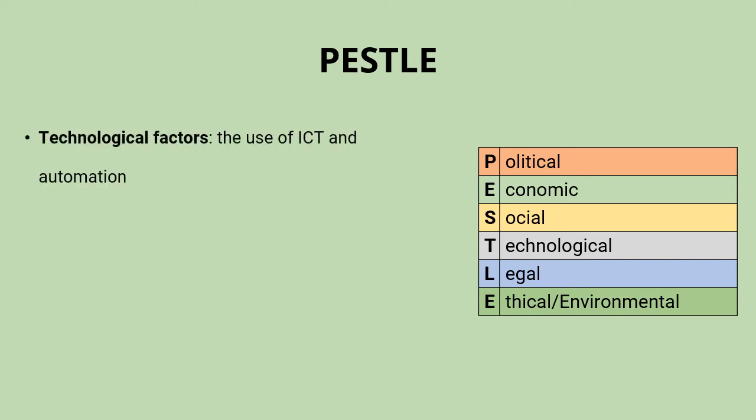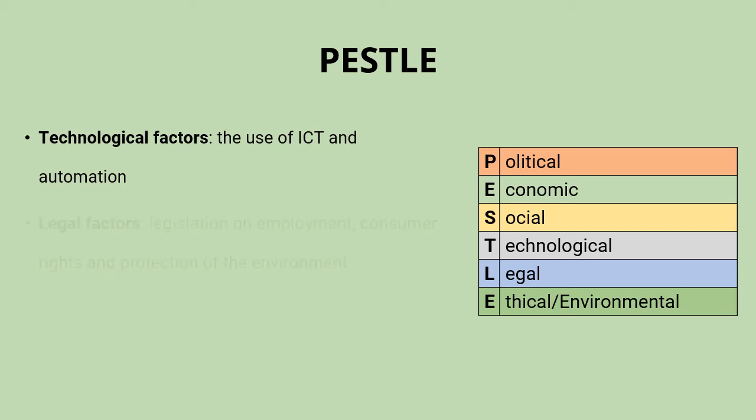Technological factors might include the use of ICT. How are businesses using this to communicate with their customers? That's going to have a really big impact on marketing, and that would also include the use of social media as well. Automation is a bit different, to do with the replacement of labour with machines to do similar jobs, and so that would really have revolutionised the HR and operations management functions